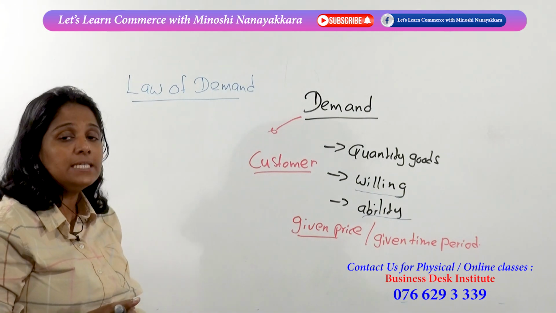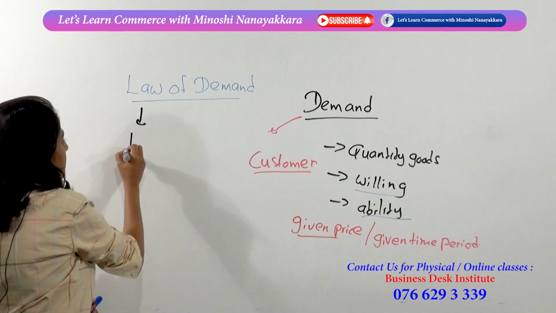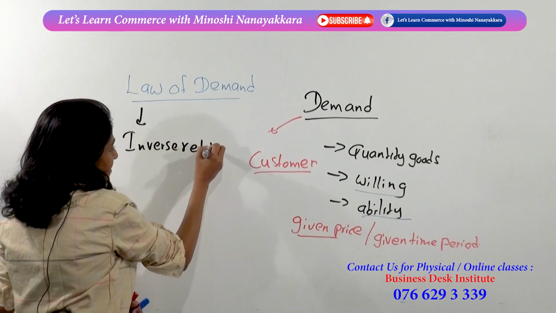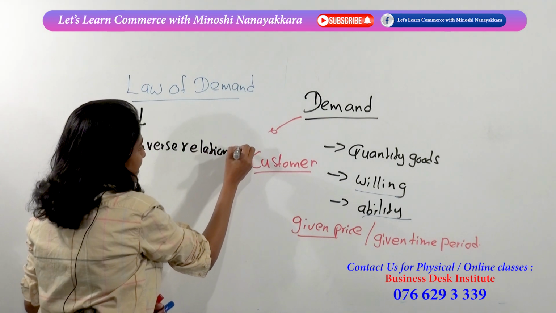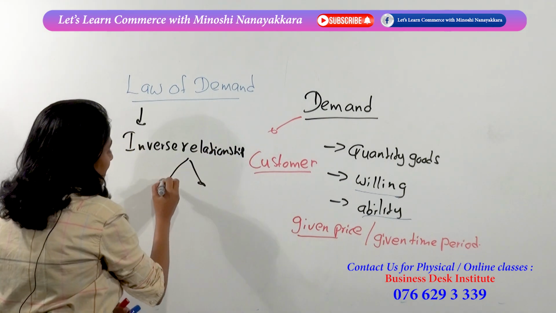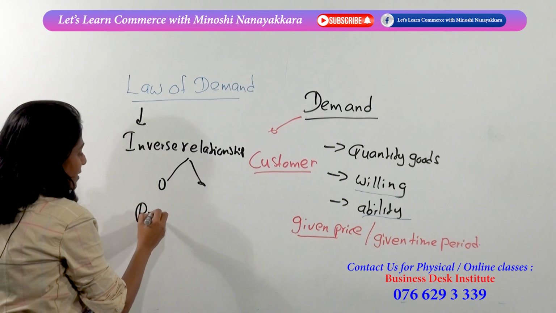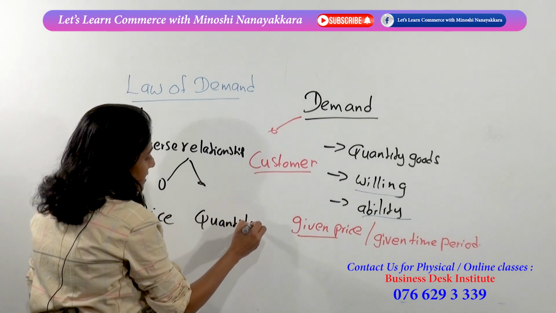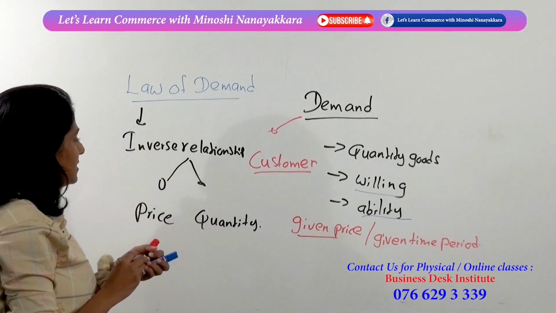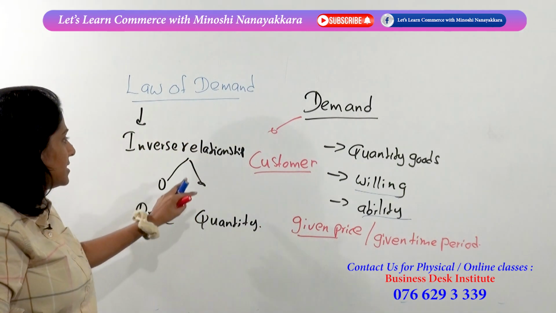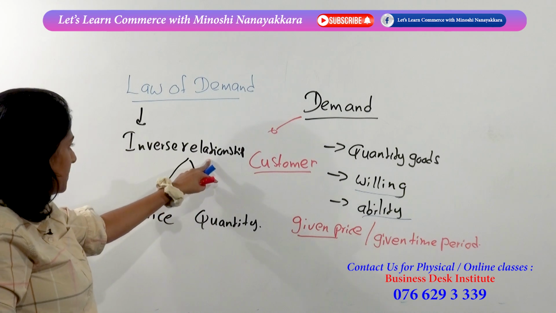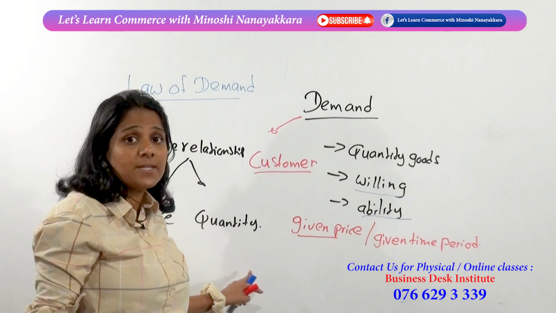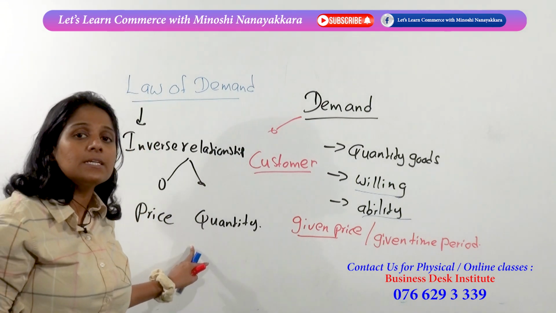Here they talk about an inverse relationship between two variables. The two variables are the price and the quantity. Okay, right. So now what is this? Now it says that under this law of demand, there is always an inverse relationship between the price and the quantity. That means now in any product, when the price is increasing,